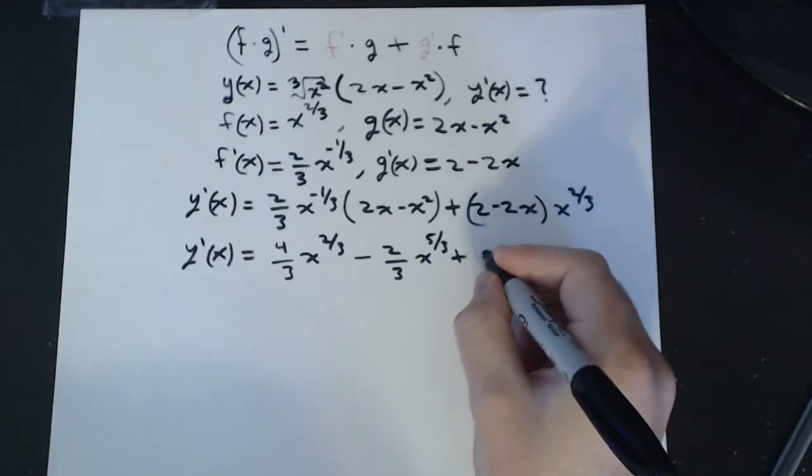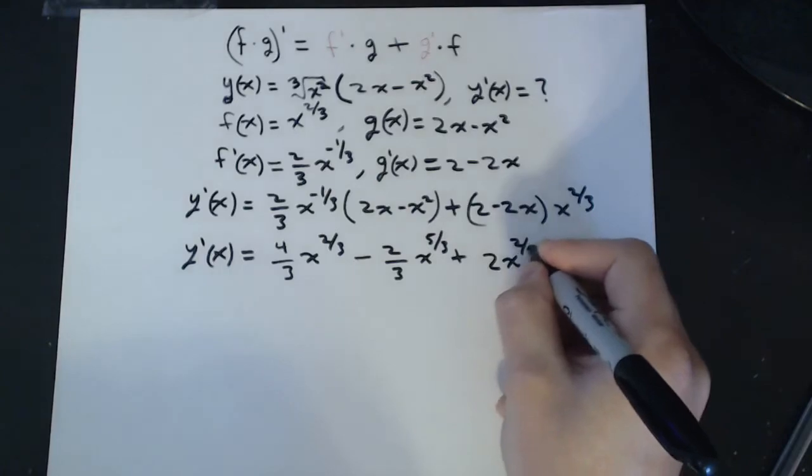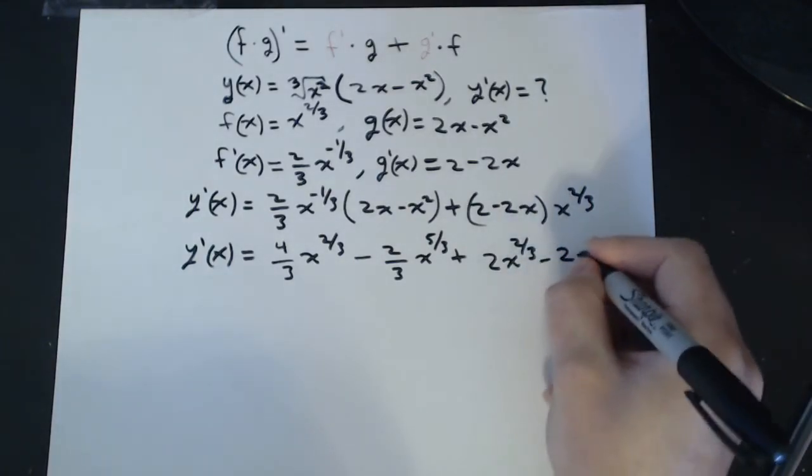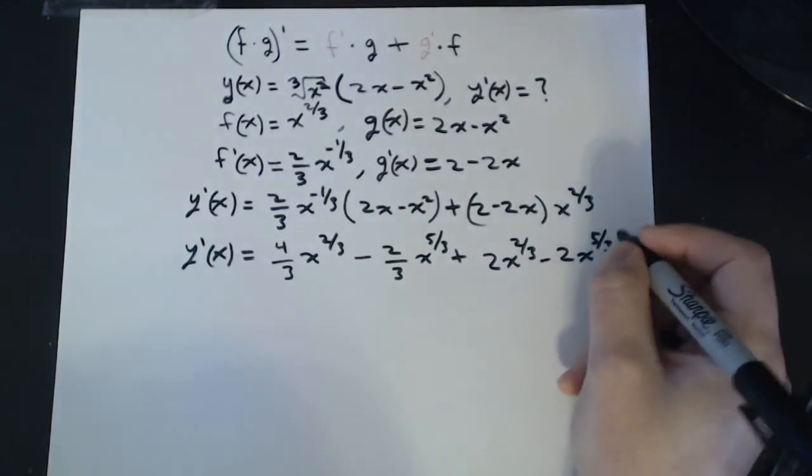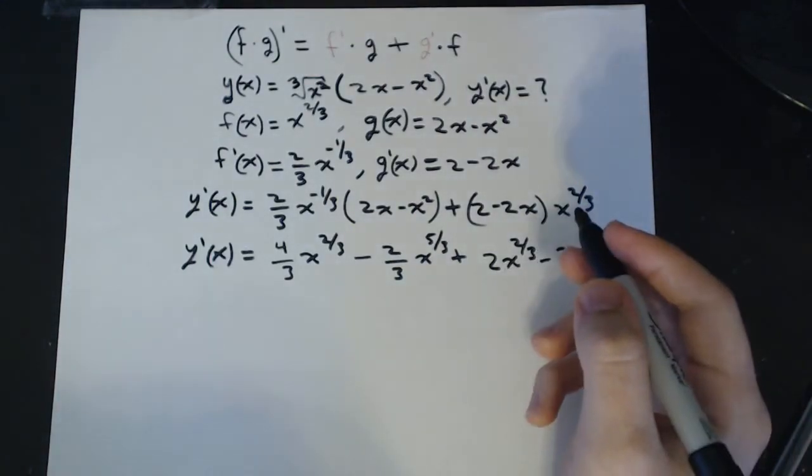So this becomes 2x to the 2/3 minus 2x to the 5/3. And then we just combine like terms,